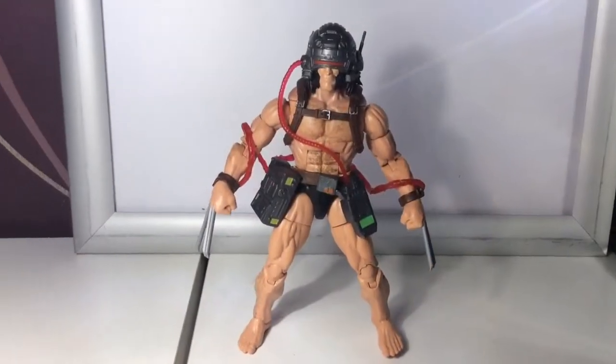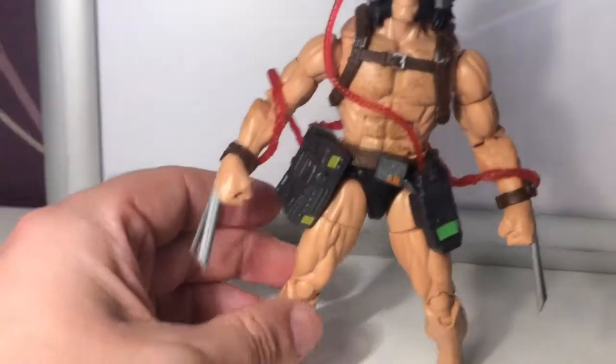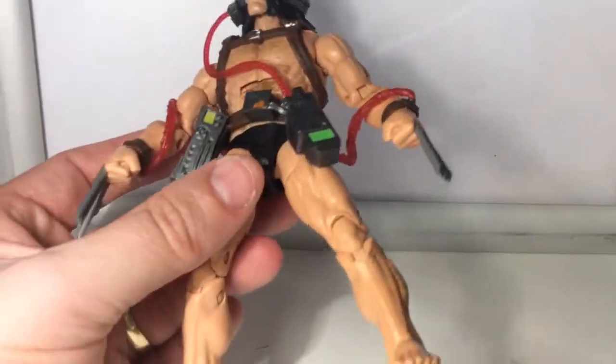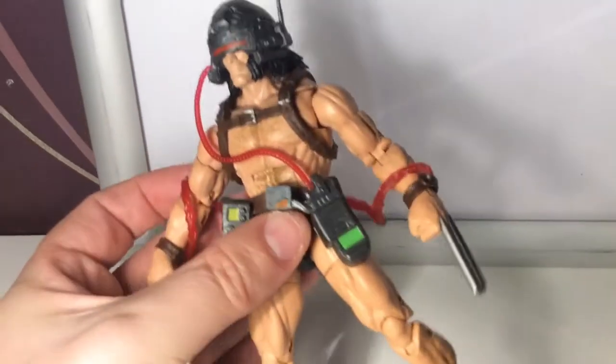Okay, so just to wrap it up, this Weapon X figure is really nice. It has some nice little detail on here. It's absolutely spot on. I would say the only gripe that I would have is, maybe it's just me and I haven't spent enough time on it, that I can't seem to get the belt off. I would have liked to have taken the belt off